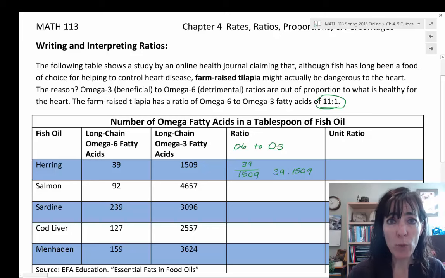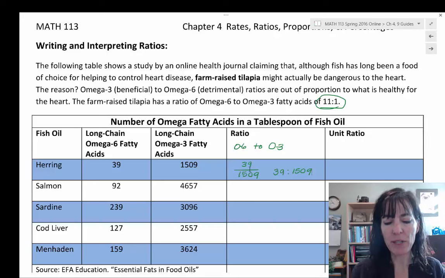or we can write it the way it was written above there, 39 to 1509. And then we want a unit ratio because we can see here that they were giving it to us omega-6 to omega-3, and they used a 1 for the omega-3. So we do need to divide it out, and just like we would do with our unit rates, just divide that fraction and you'll get the unit rate. So we'll do this fraction, think about it as 39 over 1509, and when we do that on the calculator, we actually want a decimal value. So 39 divided by 1509,